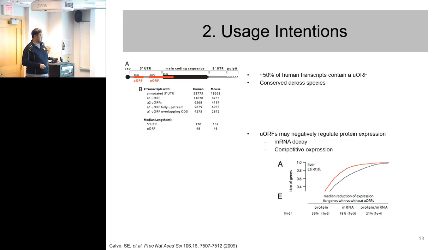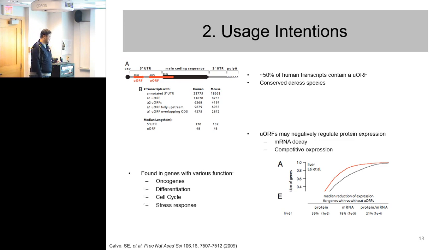The other major mechanism is competitive expression. If this is being translated by the translational machinery at the expense of this one, you'll have high expression of this one versus your canonical protein. And so these uORFs have been found in genes with a diverse array of functions. They've been found in oncogenes, genes related to differentiation, which is what we're ultimately interested in, cell cycle control,